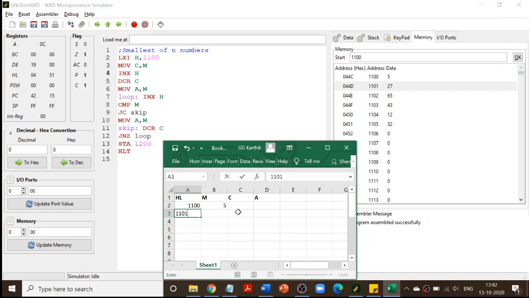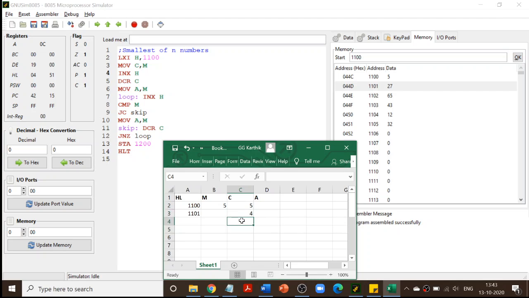Next, what I should do is decrement C. I told you the value of M is whatever is at the address in the HL register pair, and we have to move that M to C. So we would have already moved that M value to C, and after that we are decrementing C. When I decrement C, my C value becomes C minus 1.